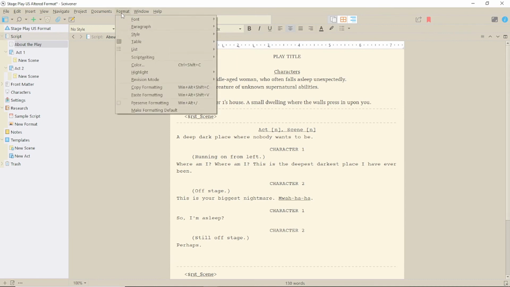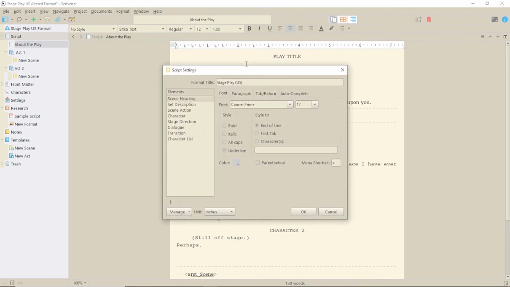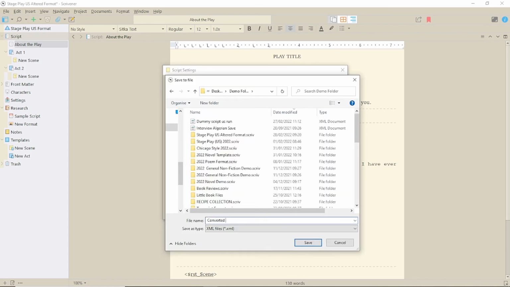So time to save the format. Now you can save it to your templates list within Scrivener by choosing Save for use with other projects under Manage. But I'm going to save to File and put it into a folder where I can then add it to a project in the future using Load File, if I want. However, the problem with both of these is that they won't change the compile settings.